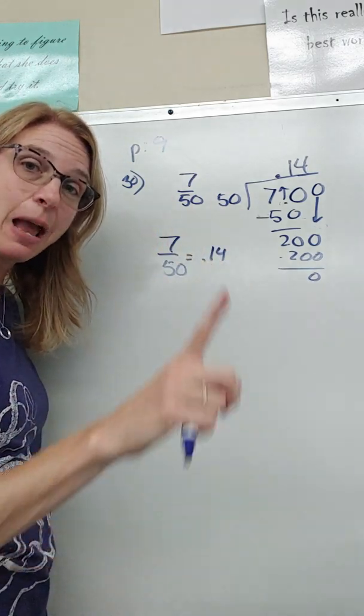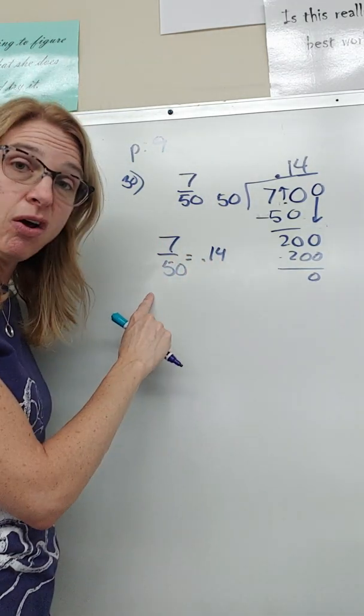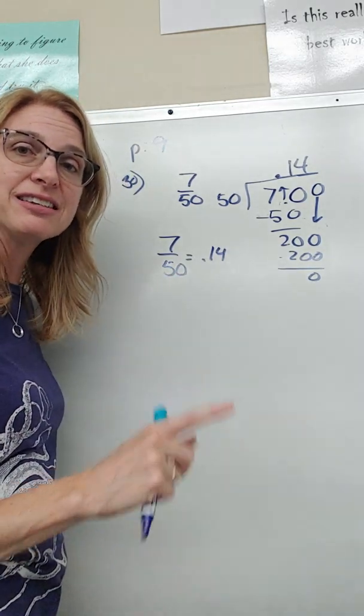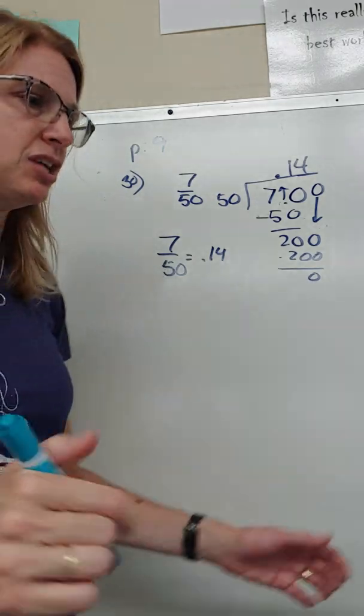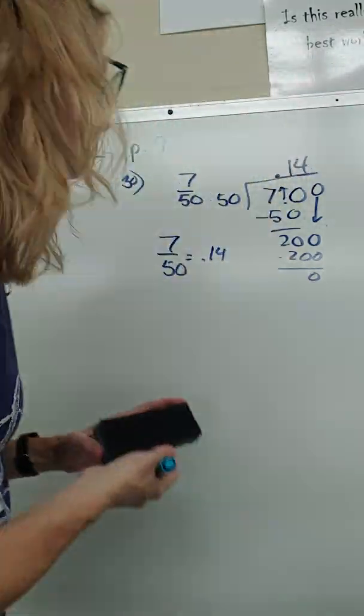Remember that pizza example? I ate 7 out of 50 pieces. I really ate less than a whole pizza, a lot less than a whole pizza. And what that is, 14/100ths, less than a whole pizza, okay? 14/100ths of a pizza. All right, we're going to do one more together, and then we're going to look at